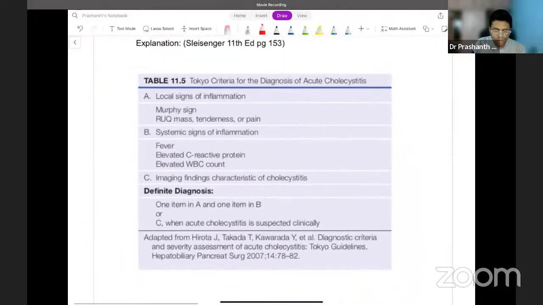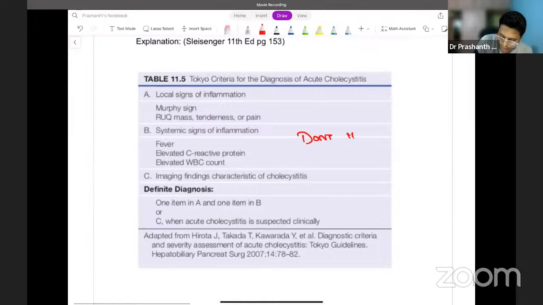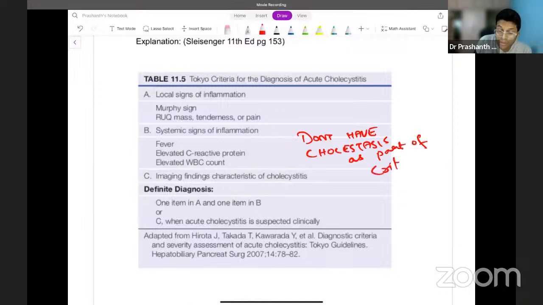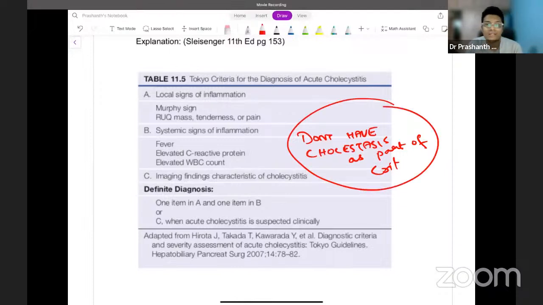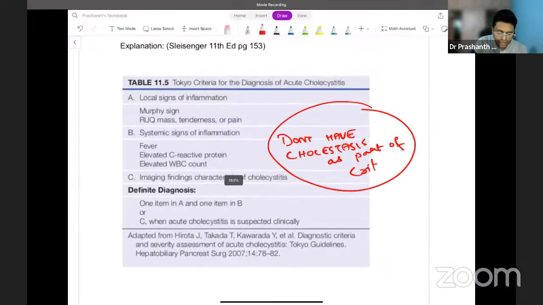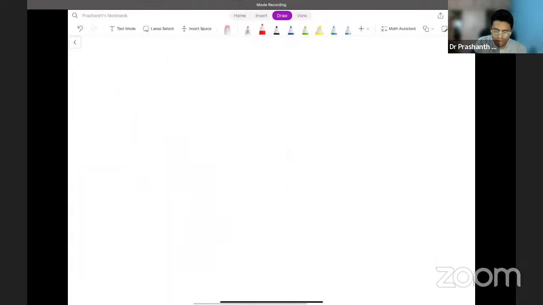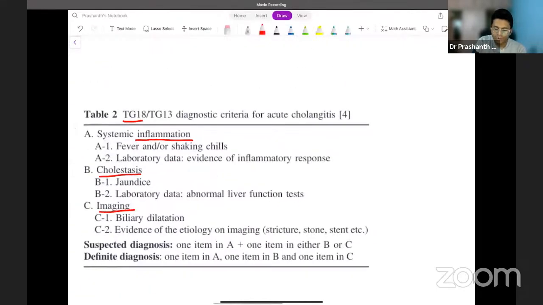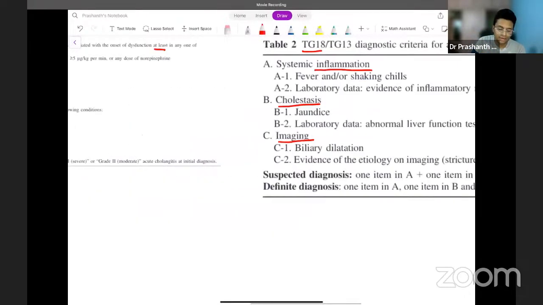Now, Tokyo's criteria, you guys can go through again, very similar to cholangitis criteria, except that there you have cholestasis. Here you don't have cholestasis as part of criteria. You may get cholestasis and jaundice, but they are not mentioned as a part of the criteria, unlike that of cholangitis. See, these are some differences you should know. So go through, take a screenshot of this particular picture and then the Tokyo guidelines that I just showed you, and then just compare for cholangitis and cholecystitis what are the slight differences, and be ready with your